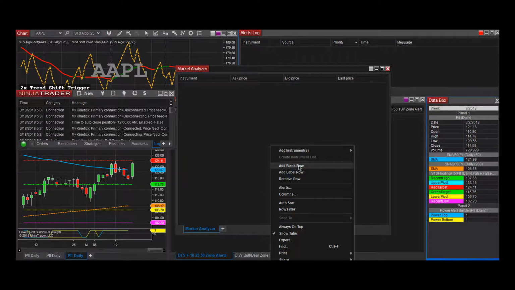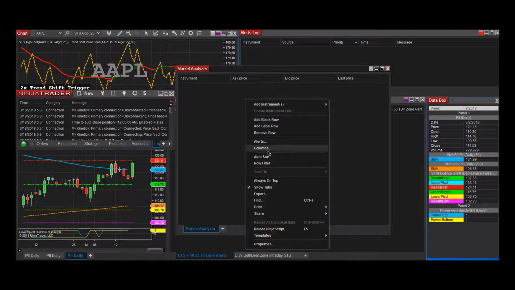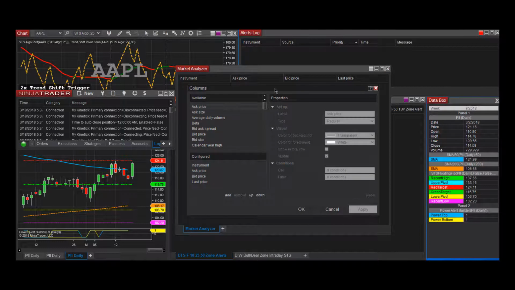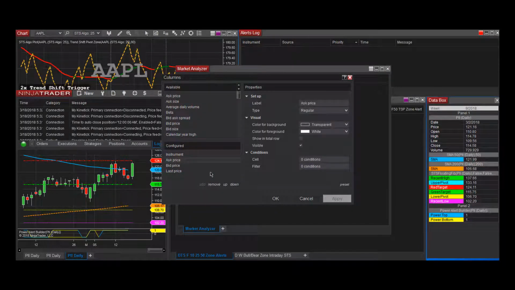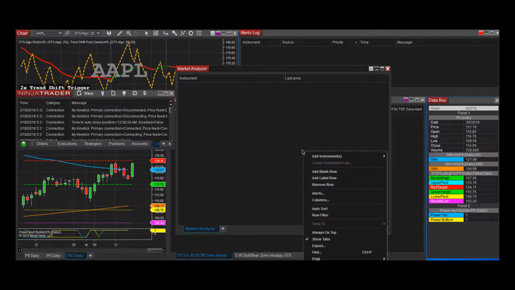First thing I want to do is, these are the default columns that load. I don't care anything about the ask price or the bid price, so I'm going to remove those. I just right clicked on there to bring that up. I'm going to click apply. Now we've got what we have left here. I right clicked and went to columns, so I'm going to go back to columns,